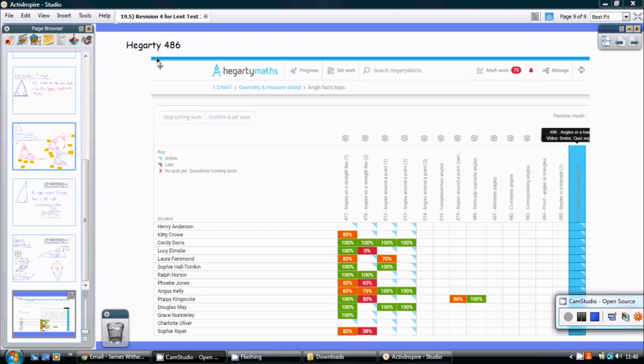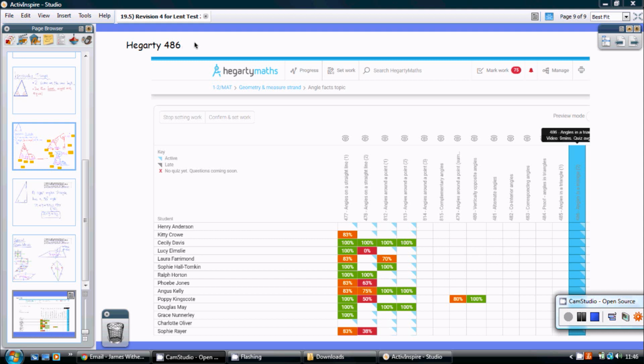So all I want you to do is 486, and I want you to do it as we've done it before, please. So write it into your orange book showing all of your workings. And then what I really would like you to do, please, is to take a photo of that and then practice uploading that following Mr. Buchanan's video that I showed you the other day, uploading that into your